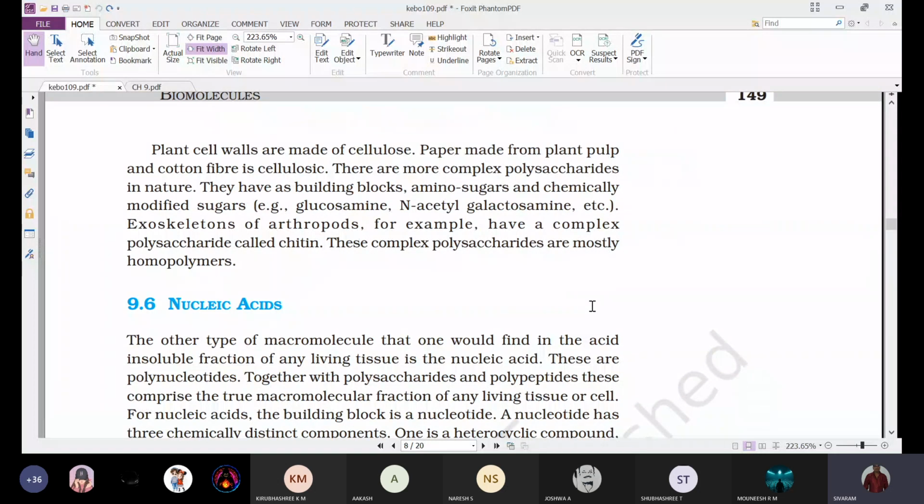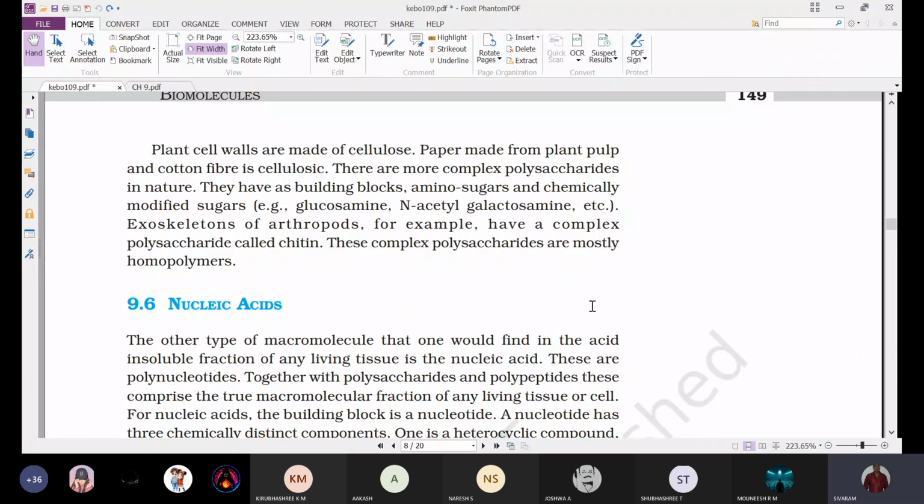Here we can see the plant cell walls are made of cellulose. So where is the cellulose present? Cellulose is present as the structural component of the cell walls in plants. This cellulose is used for paper making, that is, paper made from plant pulp,